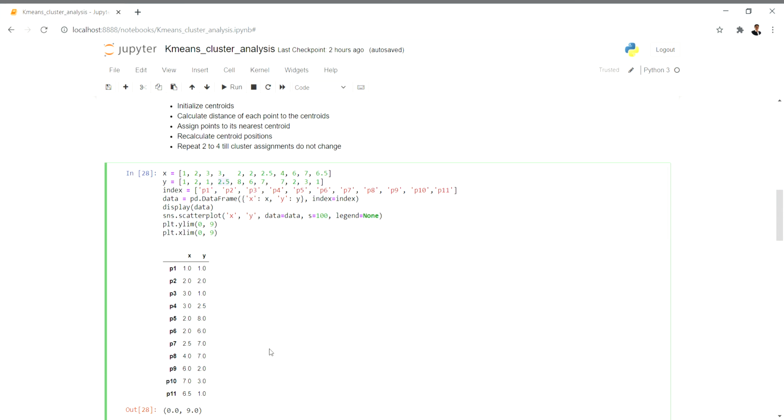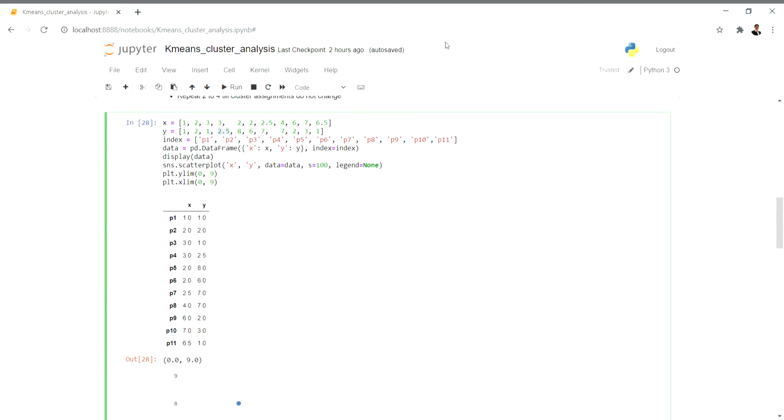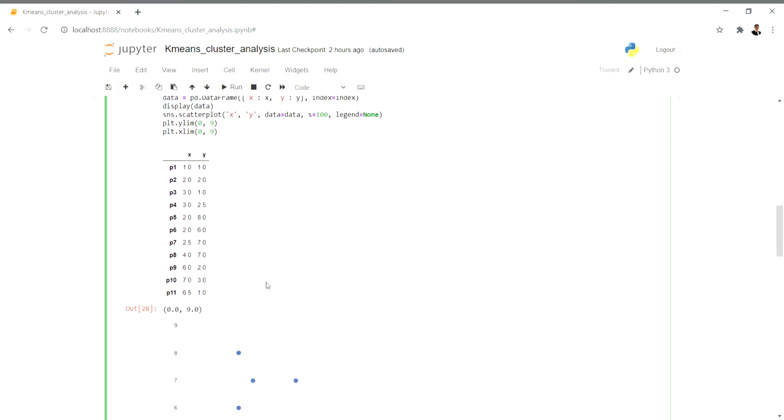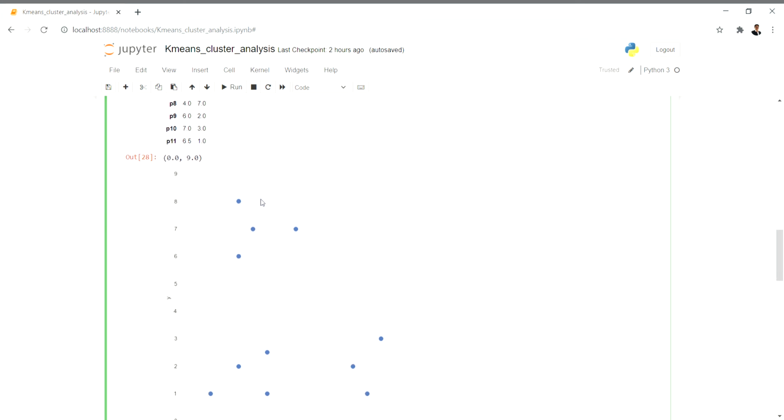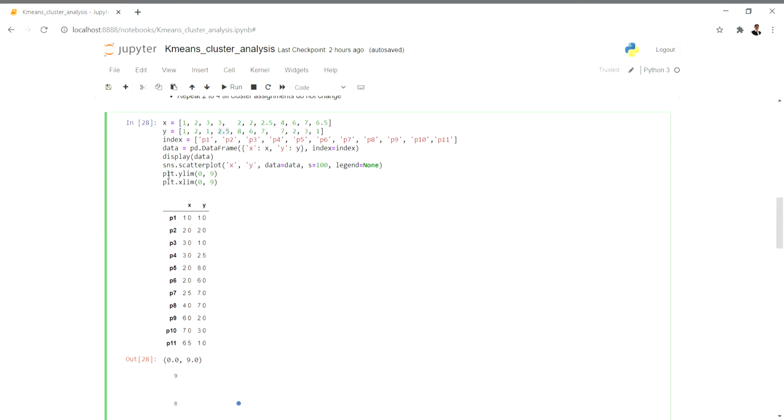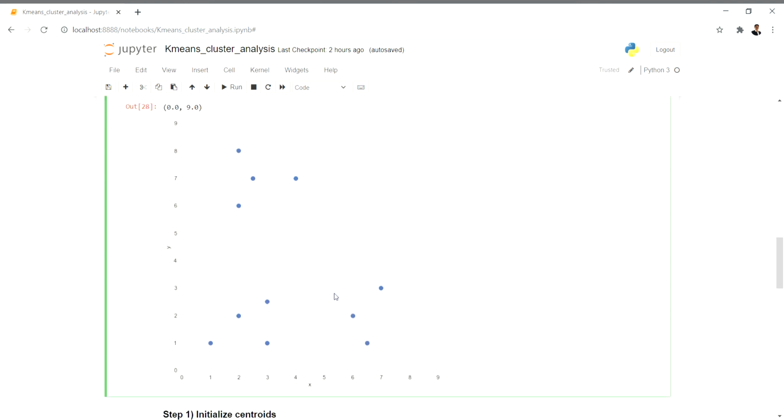And this is my plot, the result of this. So this is how the plots basically look.